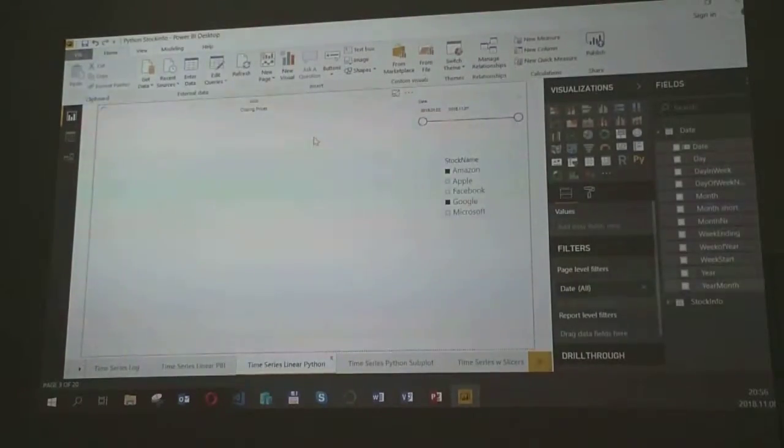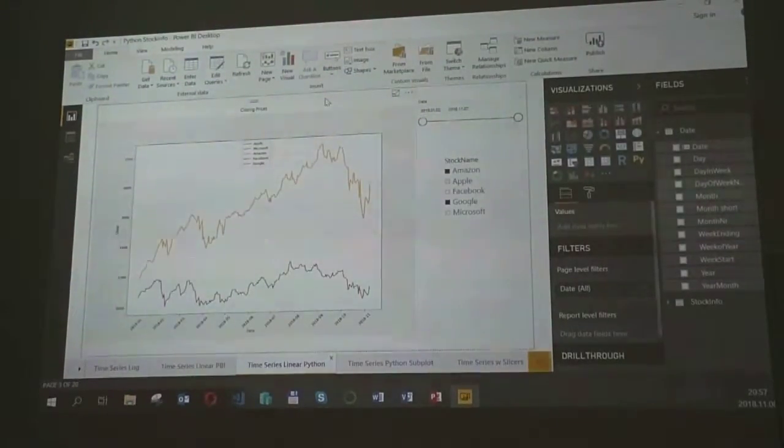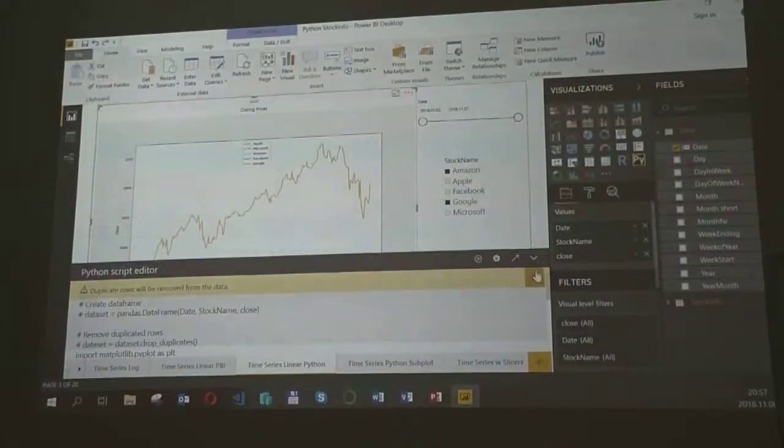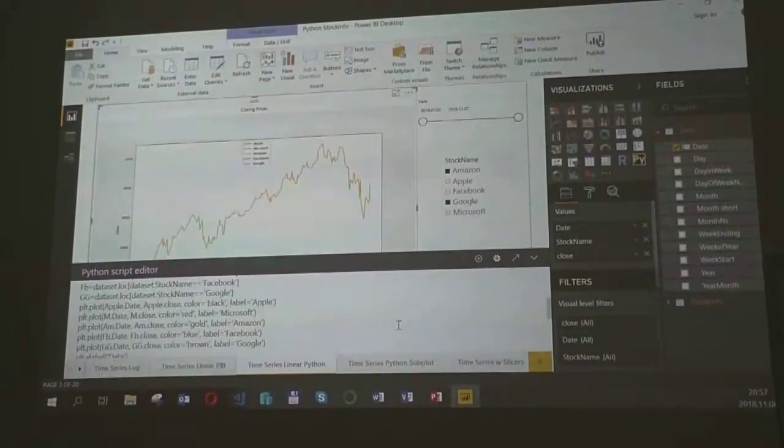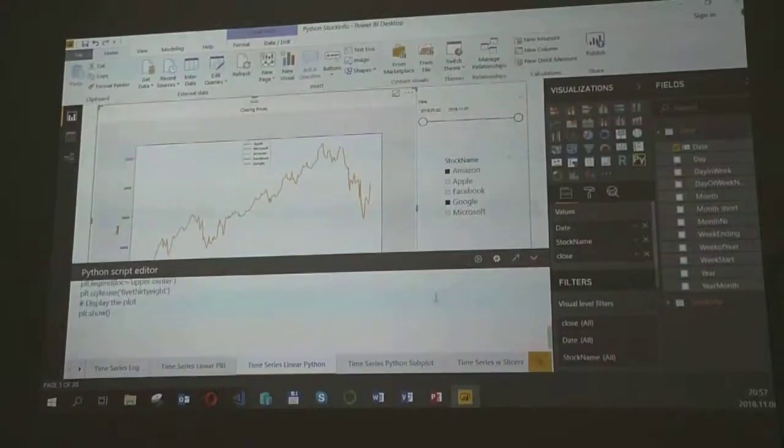Okay, it's still a Power BI visualization, and it's a Python visualization. You can see it's much slower, and if you are interested in the code, you can just click on that and read it.